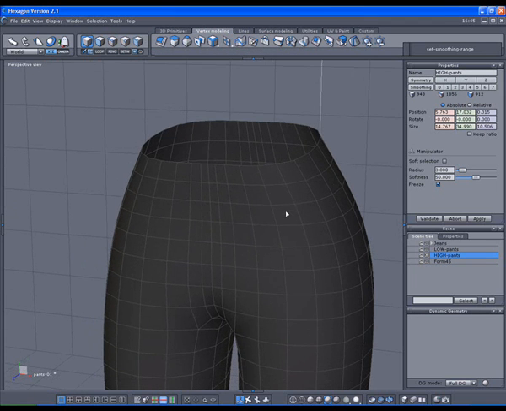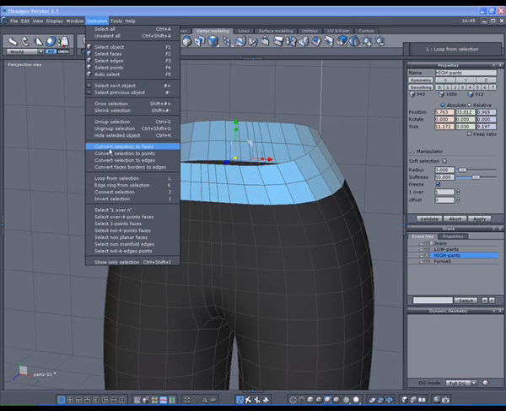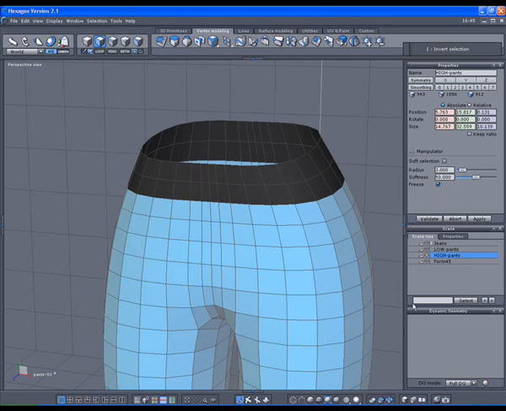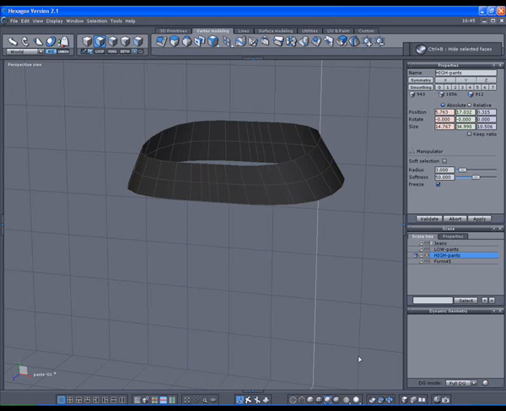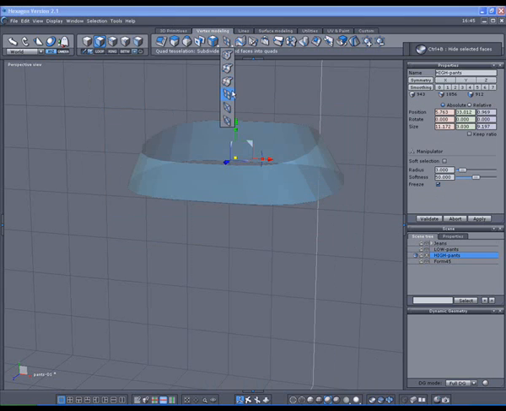I want to make a seam right here on the same spot, but I want it to be part of the pants, okay? So I will loop this, selection, invert, and let's hide that right there. Then what I'm going to do is turn on the transparency, right click all over these right here. I'm going to do quad tessellation,